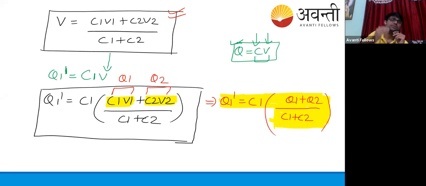I will explain this theory in the upcoming sessions, maybe. For the meanwhile, don't think on that. Circuit theory is a different topic. So for now, this C1 plus C2 factor is not total capacitance. You can't say that for now. It is basically because we have taken the V value common, which is why C1 and C2 remain in the bracket. So it's just a mathematical approach.